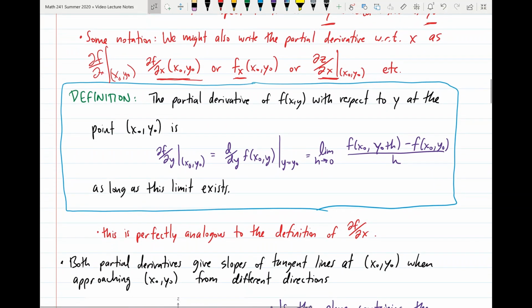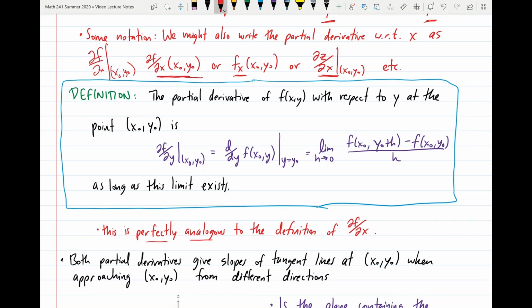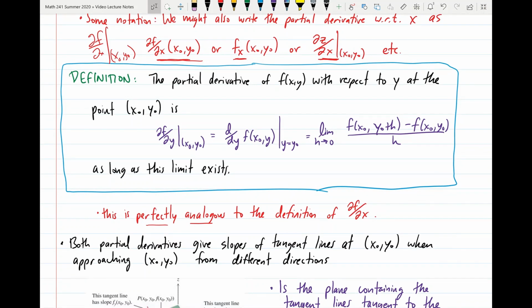And now we should get into the definition for the partial derivative with respect to y. So it's going to be perfectly analogous, as I've said down here, to the definition for the partial derivative of f with respect to x. We really just interchange x and y here in the definition. So the partial derivative of f of x, y with respect to y at the point x naught, y naught is given by, and here we have this notation, del f over del y at x naught, y naught is equal to the ordinary derivative with respect to y of our function f of x naught, y, where here we're holding x constant at x naught,